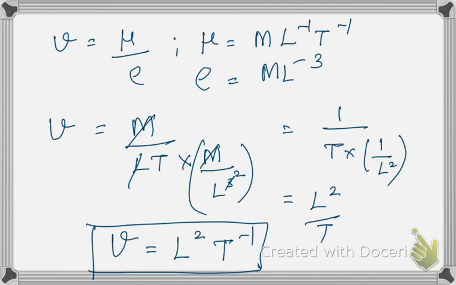Okay, now next is force. Force we have derived already. Force is equal to mass into acceleration. While deriving for our shear stress itself, we have derived that for force. So straight away I am writing the dimension for force. Force is equal to mass into acceleration, and I will be getting M L T power minus 2, which has been derived already.